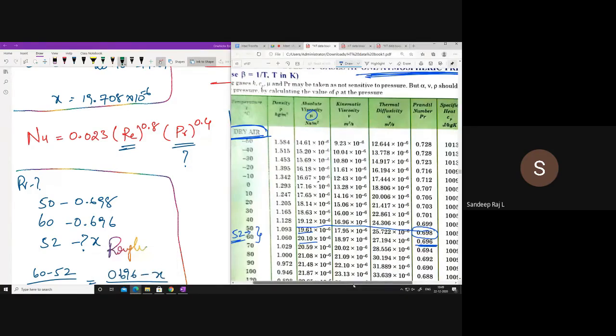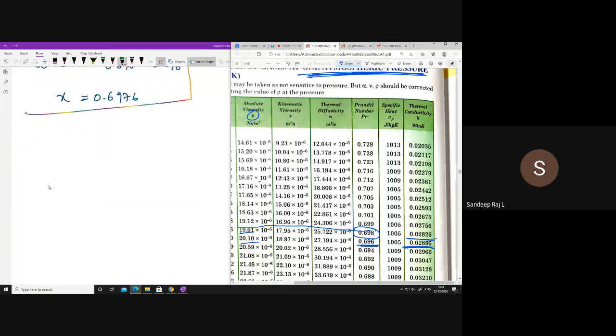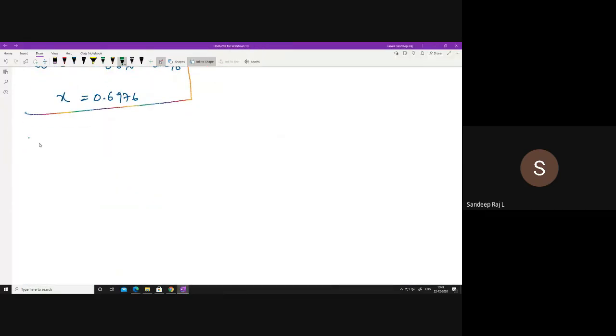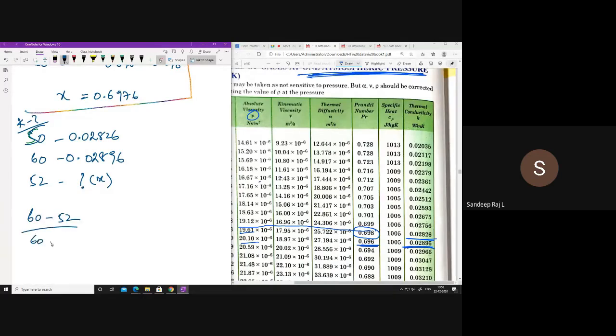In the data book, the K value must be given to you. So the K values are given here: 0.02826, 0.02896. Using this, you have to do the interpolation. For 50 the value is 0.02826, and for 60 the value is 0.02896. For 52 you have to calculate, it is x, and then it is (60 minus 52) by (60 minus